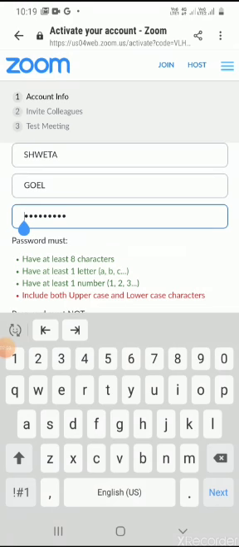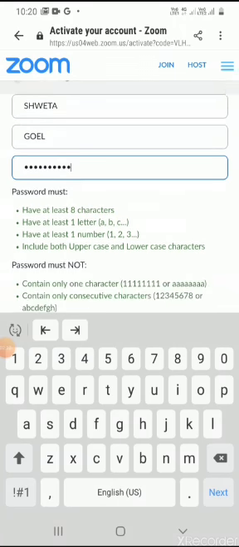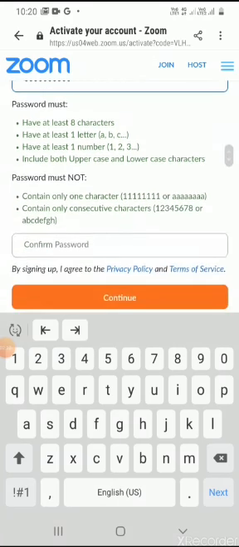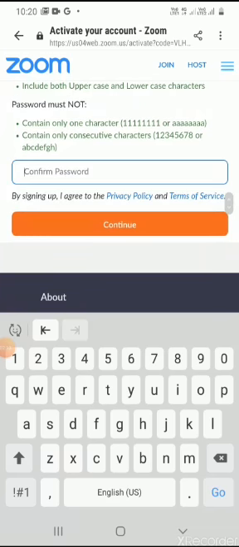As here, there should be one uppercase letter. So you can add one uppercase, lowercase, right? You will click on confirm password. Continue.